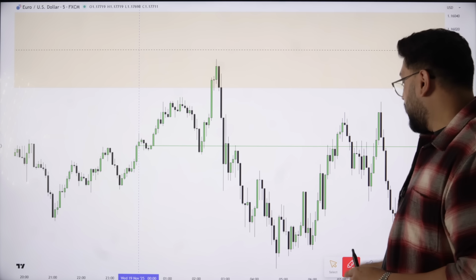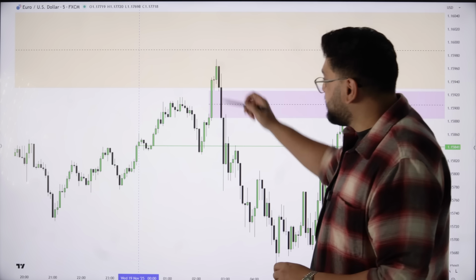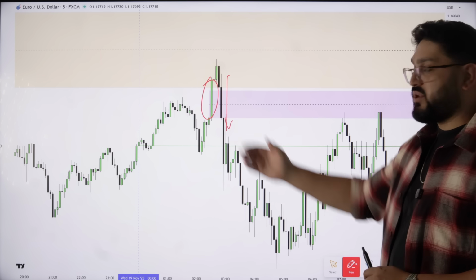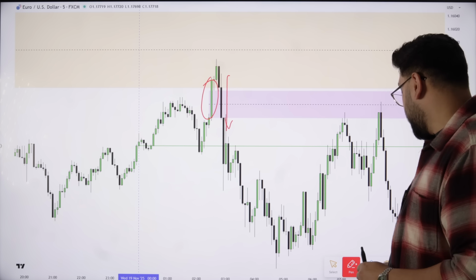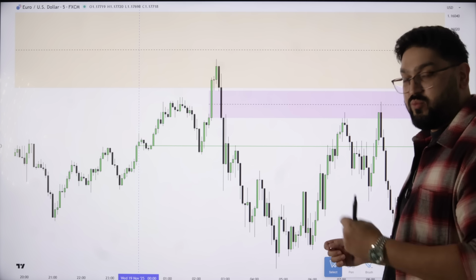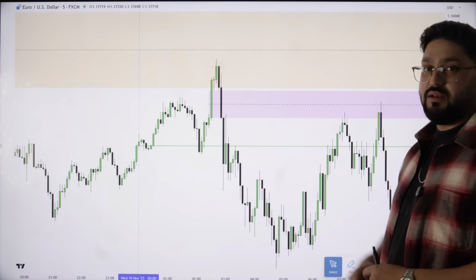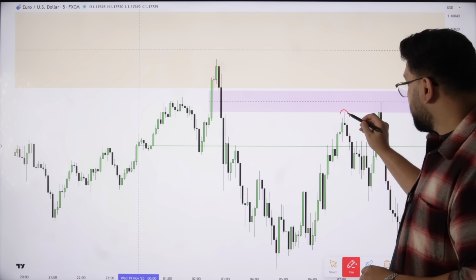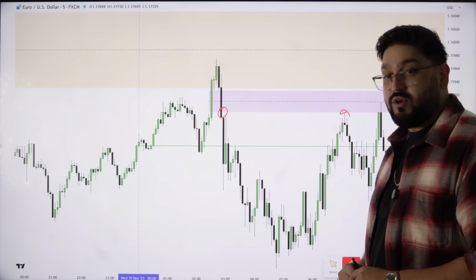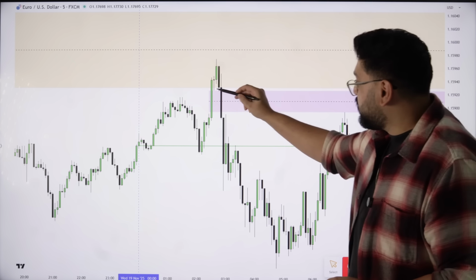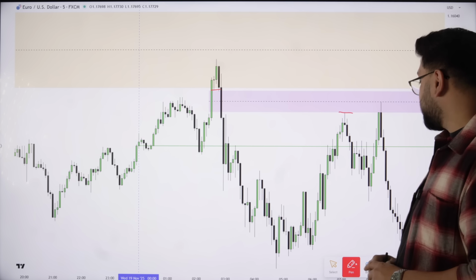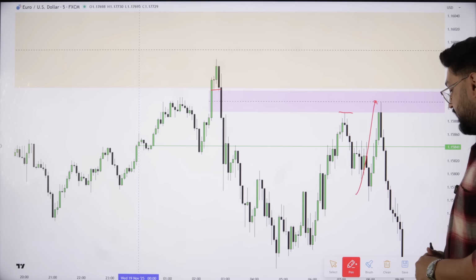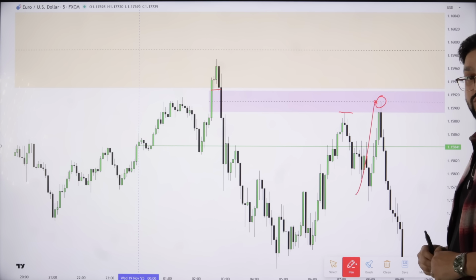Also note here, we have this buy side imbalance, and then right next to it, we have sell side delivery repricing back through that inefficient area of price. Now again, just for the sake of precision here, we can refine that balanced price range to this high up here because we've dug into some of that area already. So now the new balanced price range is going to be from this candle's low to this candle's high. Note how we run into that area here inside of the New York session, hitting that consequent encroachment.